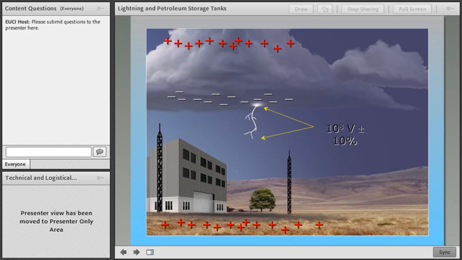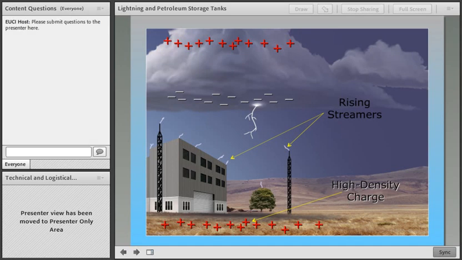When the voltage between the cloud and ground reaches about 10^8 volts, the insulating qualities of the air begin to break down, and they allow what's called a downward leader or step leader to form. You could think of the step leader as a wire being lowered by the cloud towards the ground. So actually a stream of charge is being lowered from the cloud towards the ground.